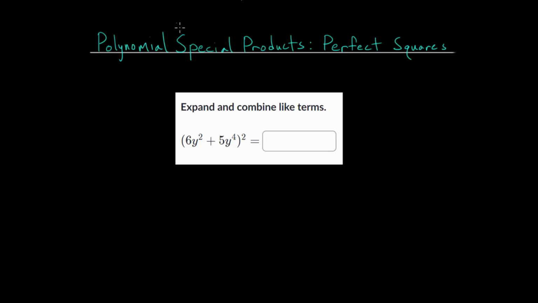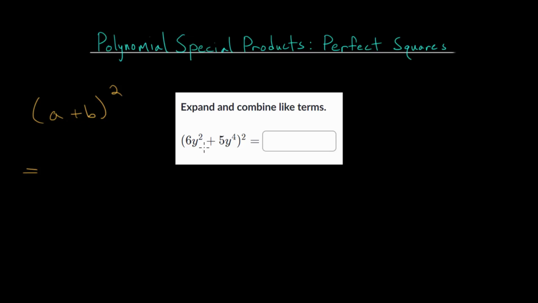In this video, I'd like to talk about a special product of polynomials, specifically what are known as perfect squares. A perfect square is when you have some binomial, let's say a plus b, and this binomial is squared. So if we wanted to find a formula for this, we could multiply this out. And when you have some binomial squared, you need to rewrite it twice so that we can multiply it out